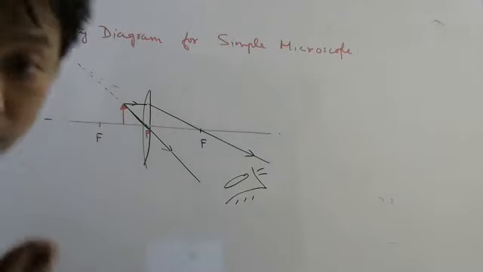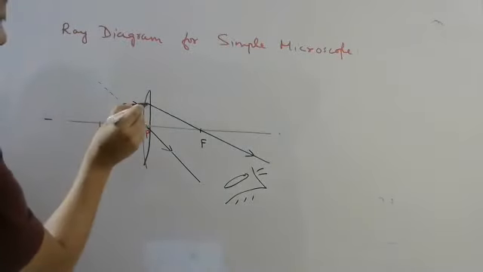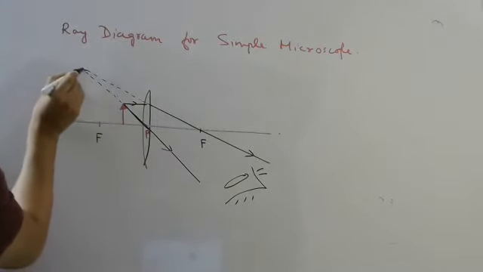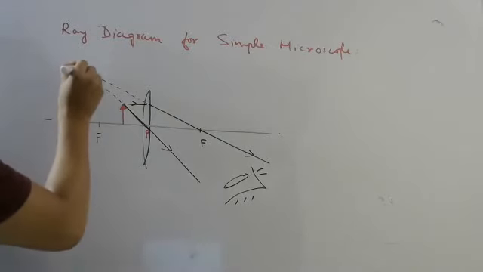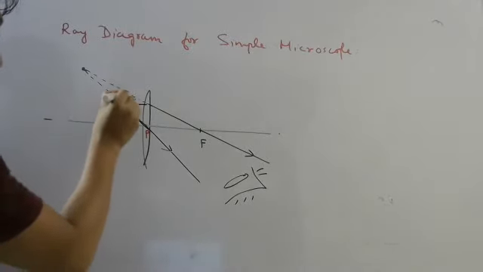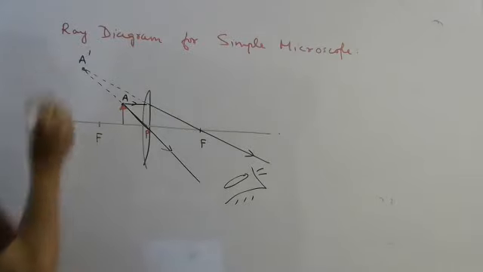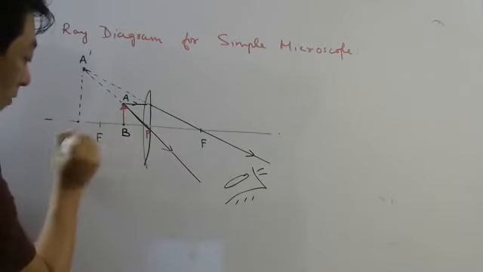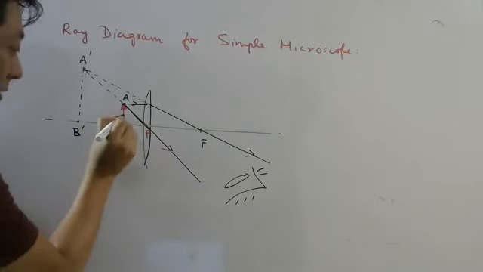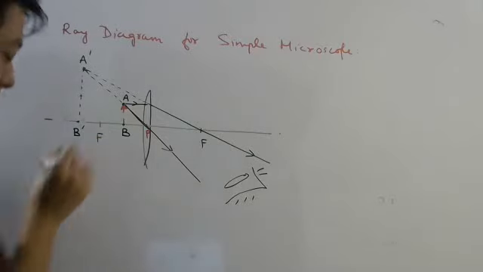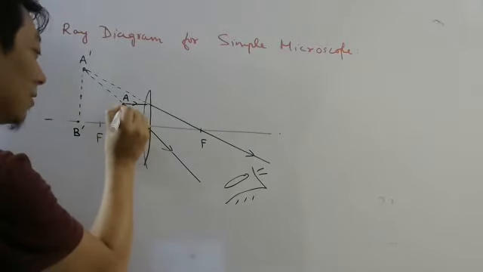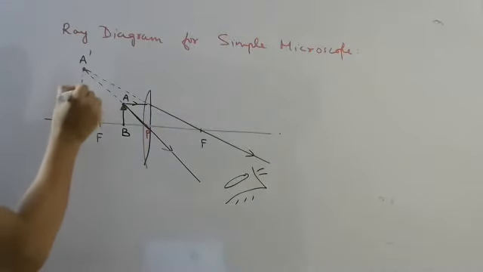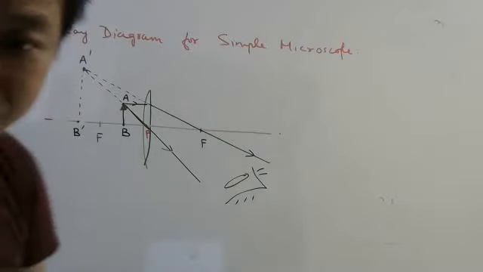Okay. You have to draw straight, okay? You can't bend it. Yeah. So this is where the image of this point is from. If this is A, this image will be A dash. Similarly, for this, you will find the image below here. So for B, you will get here B dash. And for the stomach, you will find it here. But no need to draw for the stomach also. The ray diagram we draw only for the head. Okay, so this is the ray diagram.